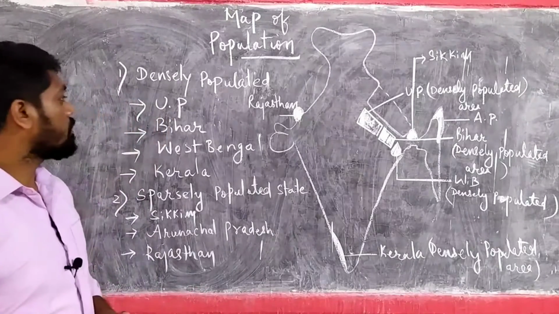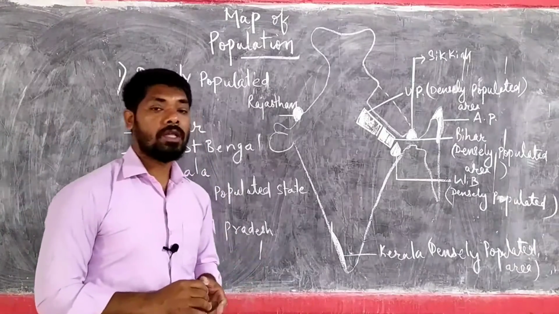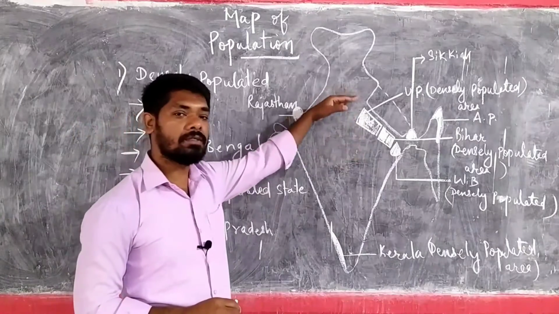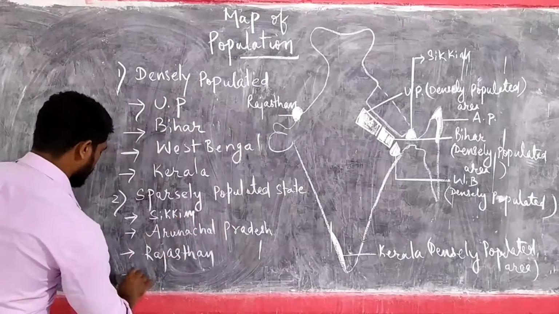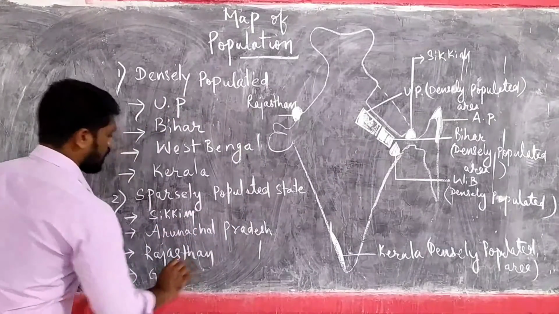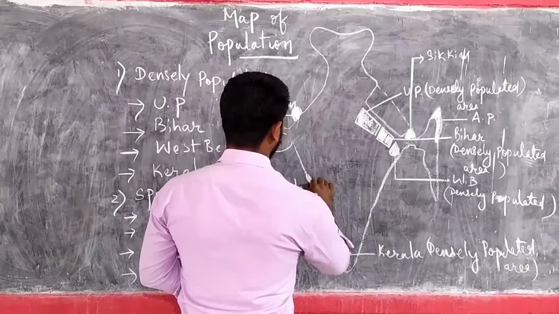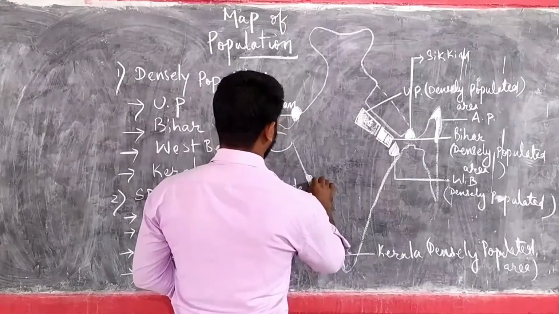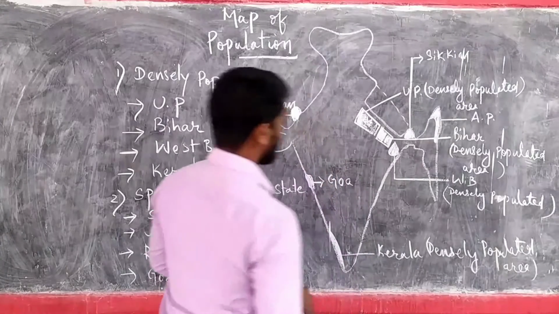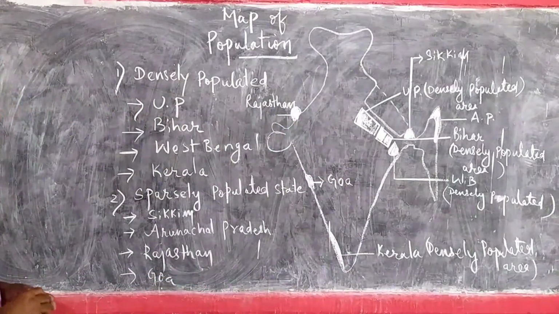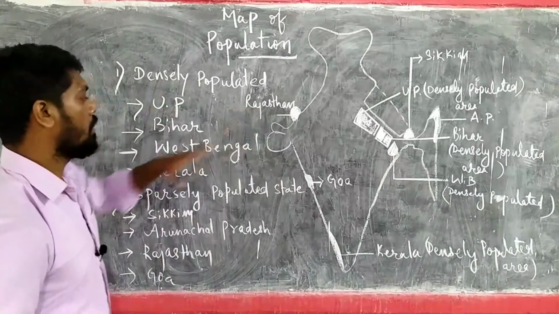And remember that you do not have to write everything, keeping in mind the direction of the area. Suppose they are asking north side or south side, east side or west side. Here Goa also can come. If it is asked for the western side, Goa also you can mark, this area. Goa also can be marked as a sparsely populated area on the western side, right? So any one of them will be considered, but more appropriate is western Rajasthan.